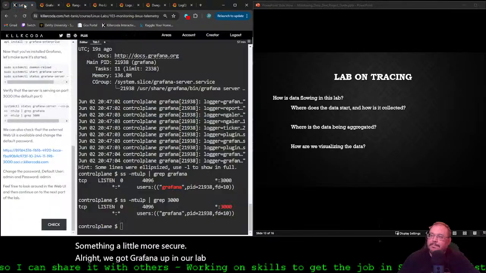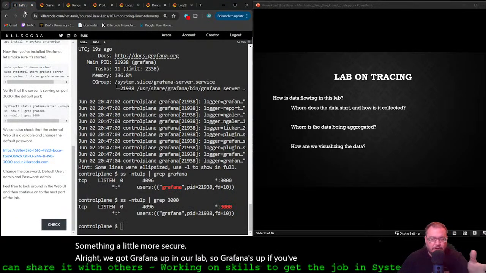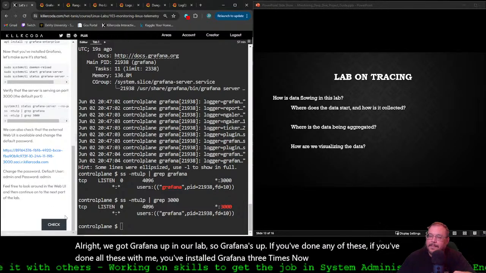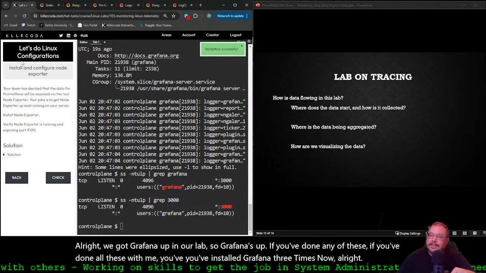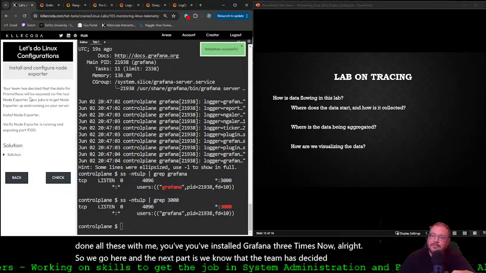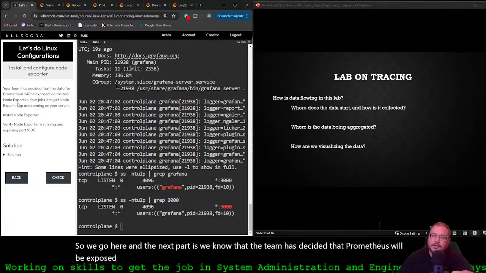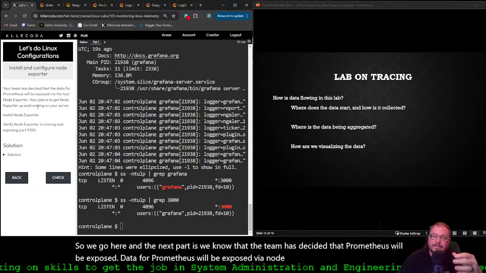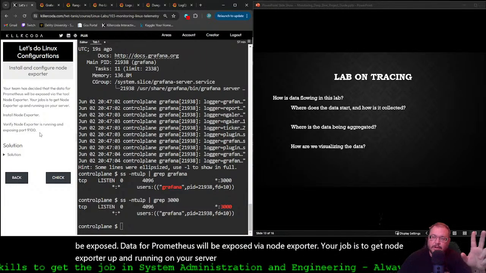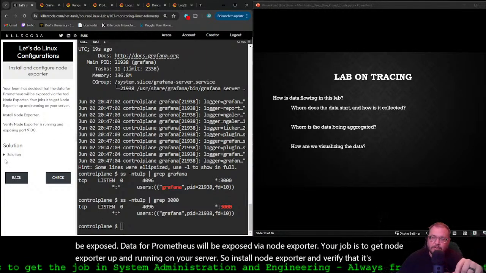So Grafana's up. If you've done all these with me, you've installed Grafana 3 times now. All right, so the next part is we know the team has decided that data for Prometheus will be exposed via Node Exporter. Your job is to get Node Exporter up and running on your server. So install Node Exporter and verify that it's running and exposing on port 9100.